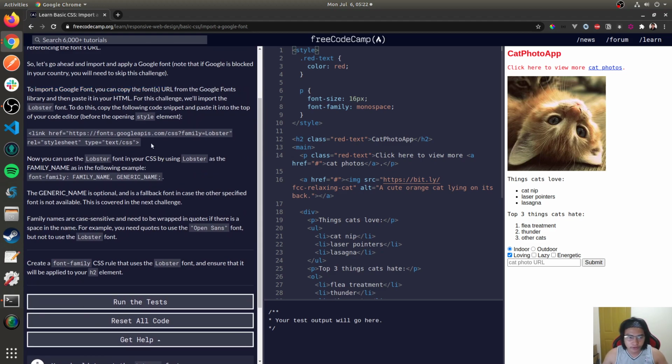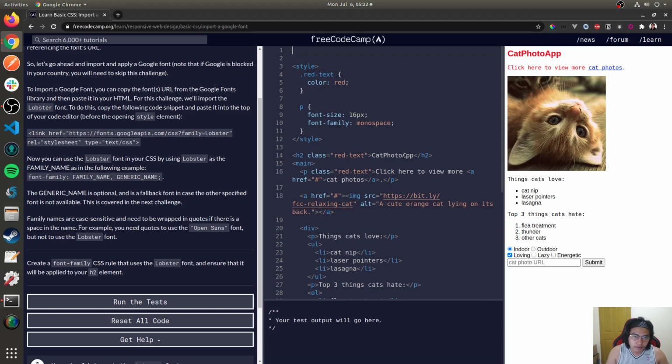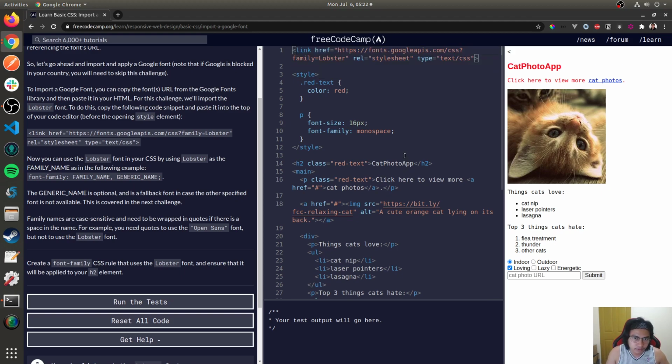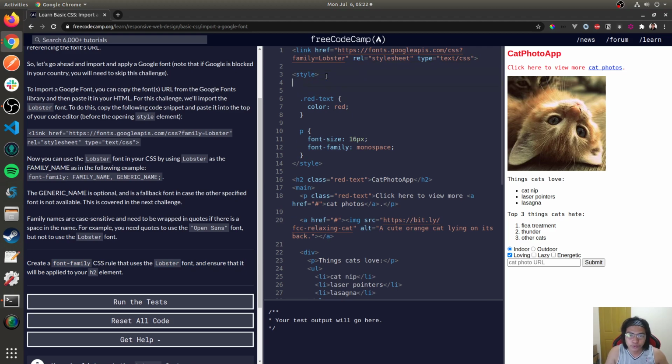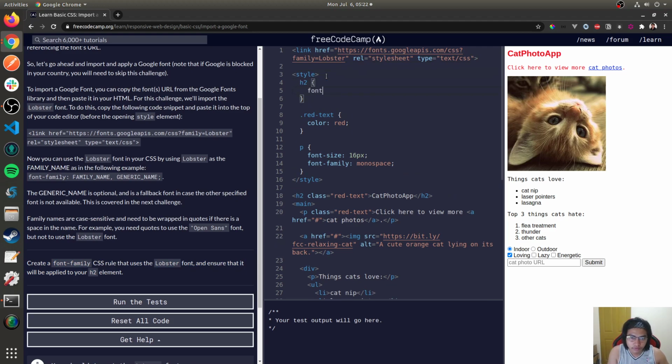Okay, so we're just gonna import this and use the Lobster font in the CSS under H2 font-family. So change